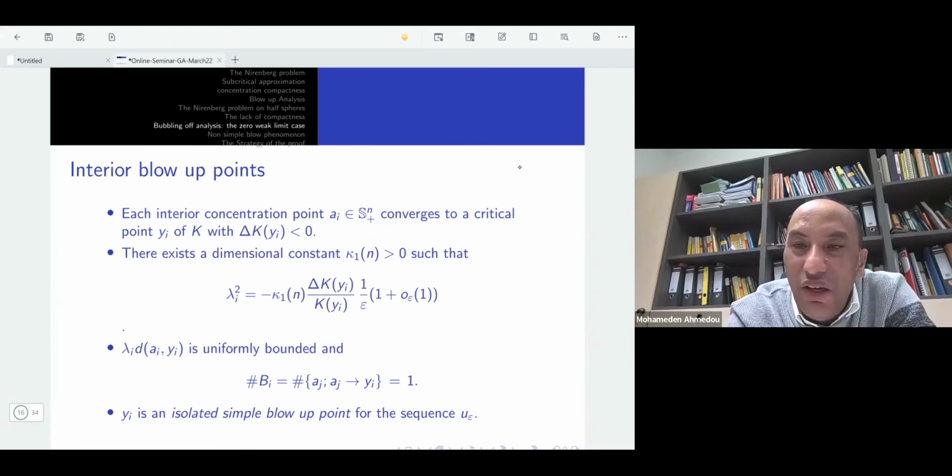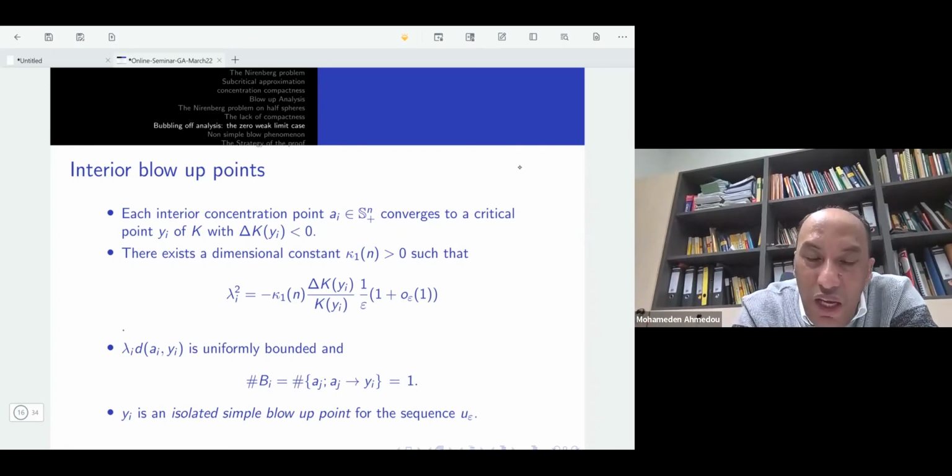I'm sorry, I'm not able to write now. I don't know why. Anyway, lambda_i will behave like 1 over the square root of epsilon, because the Laplacian is negative, so this is positive. So this is a constant, and so the height will be 1 over the square root of epsilon. And then you can also prove that at every